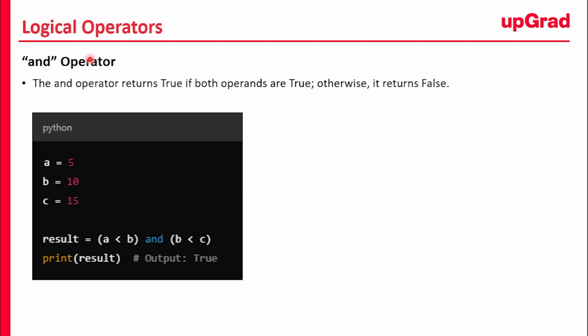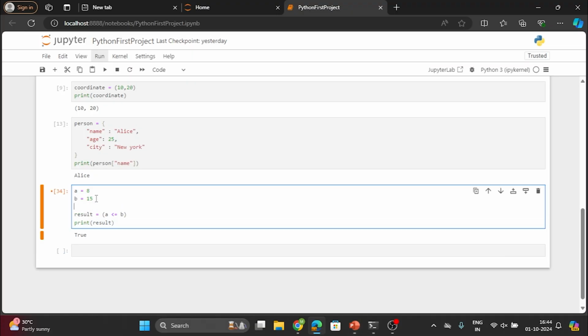The first one is the AND operator. The AND operator returns true if both the operands are true, otherwise it returns false. If the condition A less than B is true and B less than C is true, then the output would be true. Let's have a look directly over here. I'll introduce a new element because the comparison would be among three. That is the minimum number of values you need to store in variables to use a logical operator. So let's say A I store as 5,